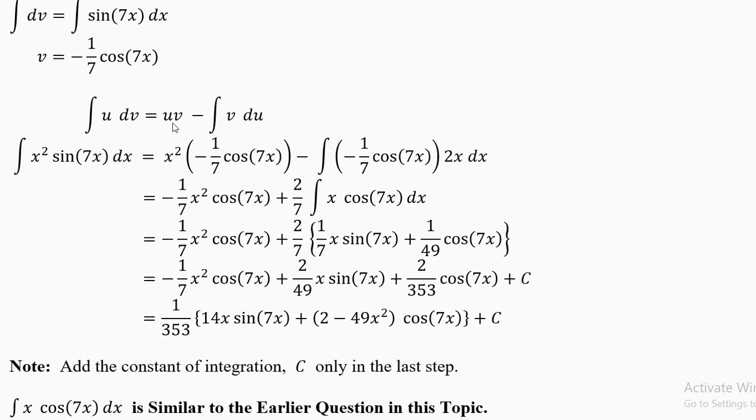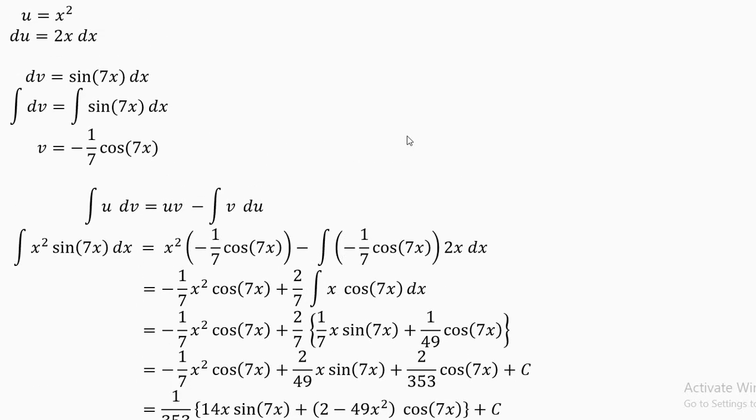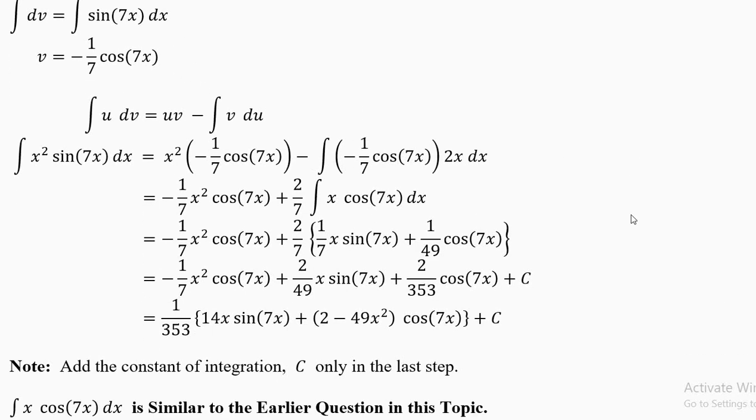Integral u dv equal to uv minus integral v du. V is equal to this whole thing, so we put it in a bracket because there is a negative sign and there is a number here. So you put uv, v equal to minus 1 by 7 cos 7x. So you have x square into bracket minus 1 by 7 cos 7x. Then that same bracket will come here because it is v du. And how much is du? Du is 2x dx. Please do not write only dx. You have to write this 2x also, otherwise it will be wrong.